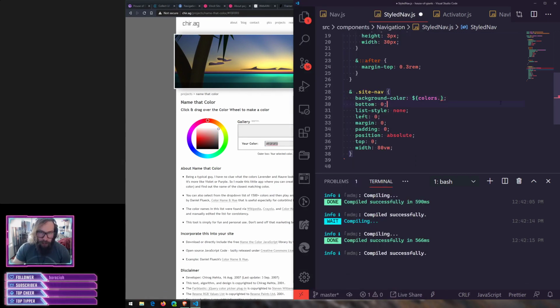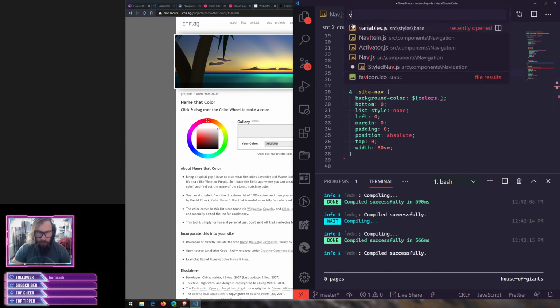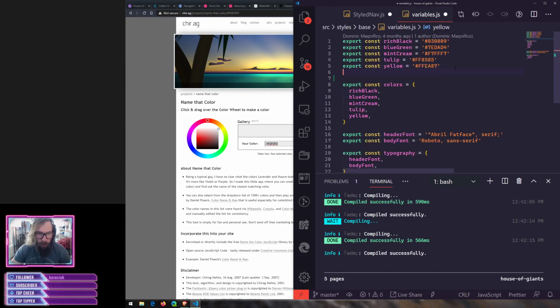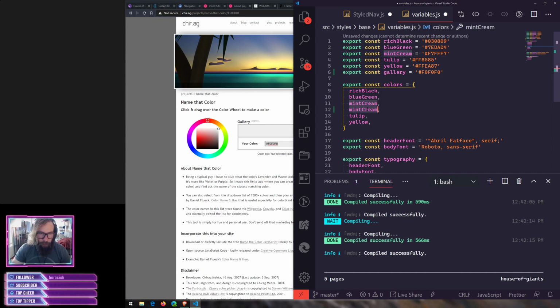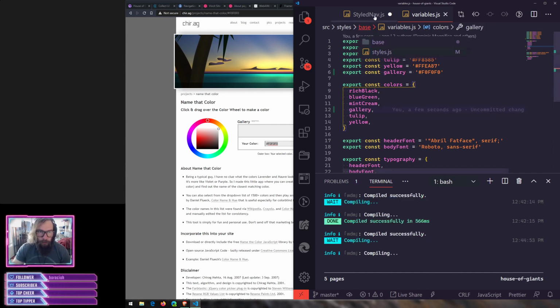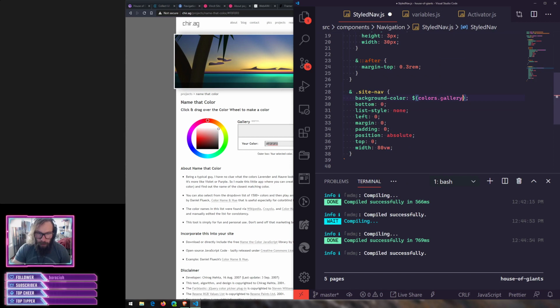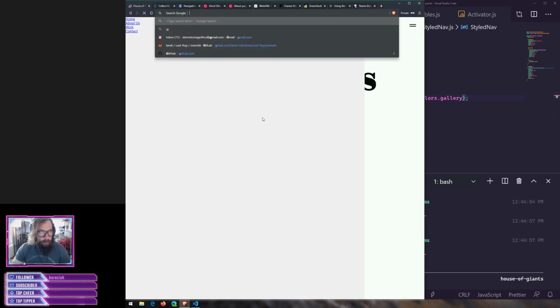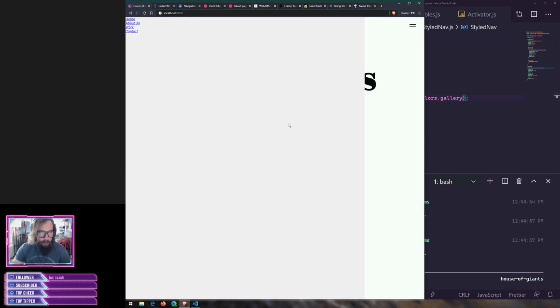We'll call this gallery. Okay, so in the variables, I'm going to create a new color variable. And we're calling this gallery. Just a little bit of a different shade of that white. Colors.gallery. Refresh just to get all of my inline stuff out of there. Cool. Okay, so that gives us a little bit of contrast between the